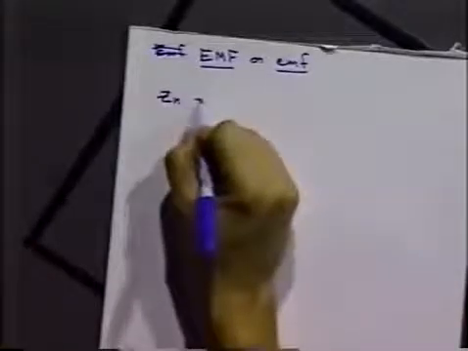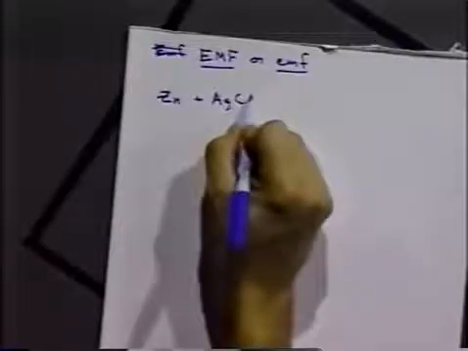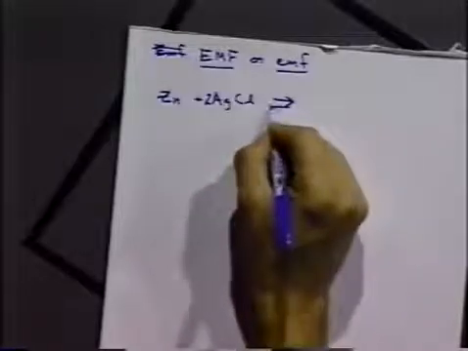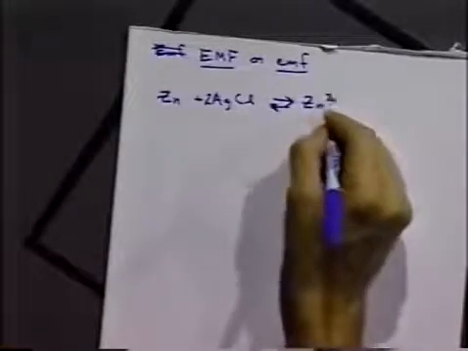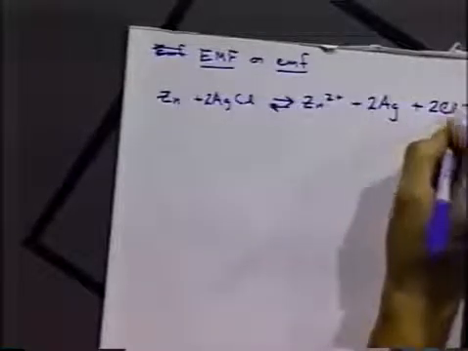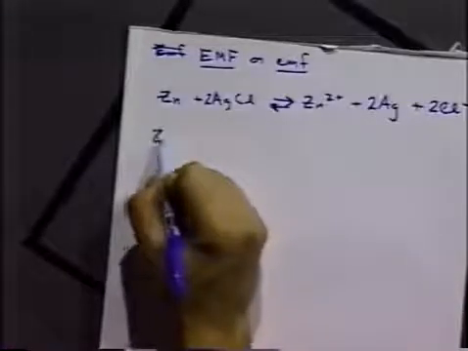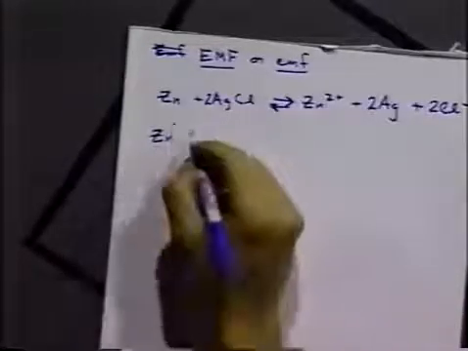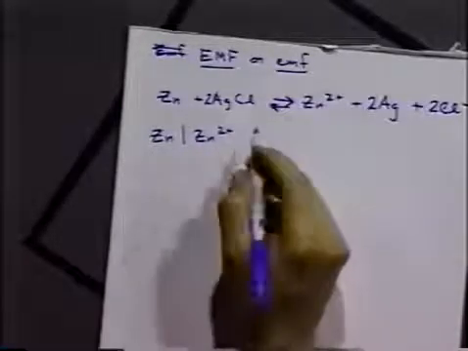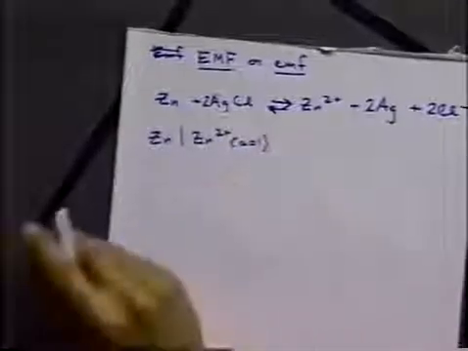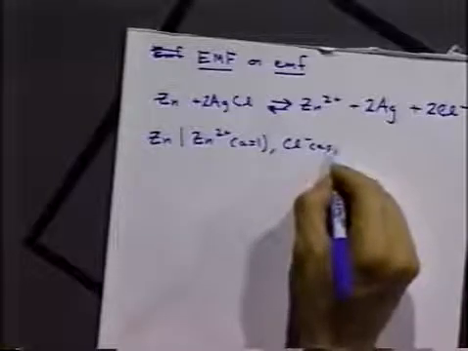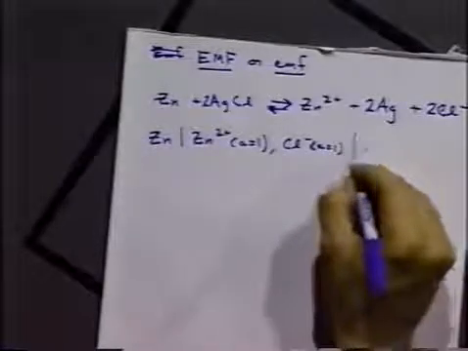Say zinc metal reacting with silver chloride to form zinc ions plus silver metal plus chloride ions. Now that overall cell reaction can be written as an actual cell like so. We have, say, a zinc electrode with zinc ions with unit activity, in a solution also with chloride ions, also with unit activity,